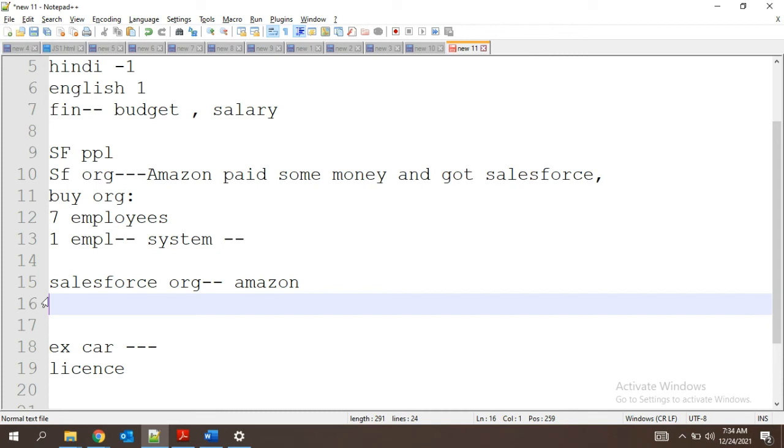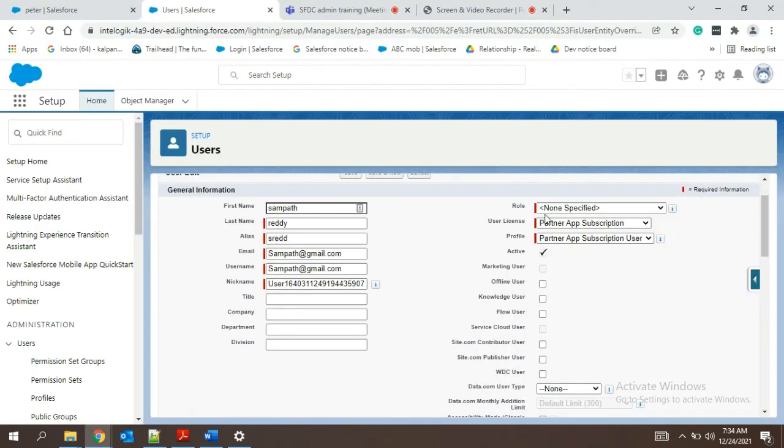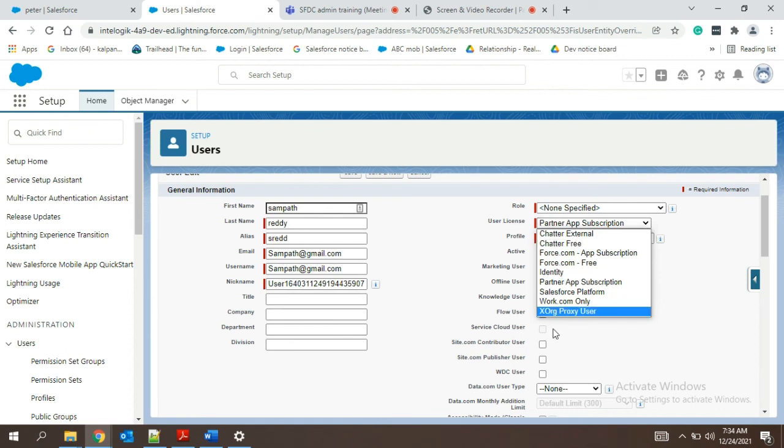And they said, okay, we need 7 employees total, and one admin is fine in the production. We got the requirement, and 8 licenses are needed for us. Okay. So those licenses are these.